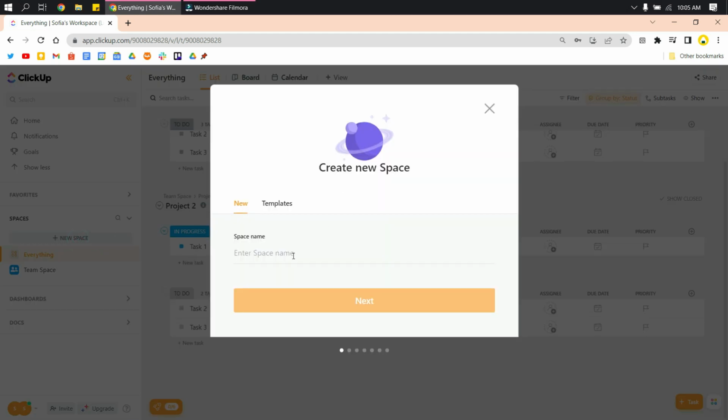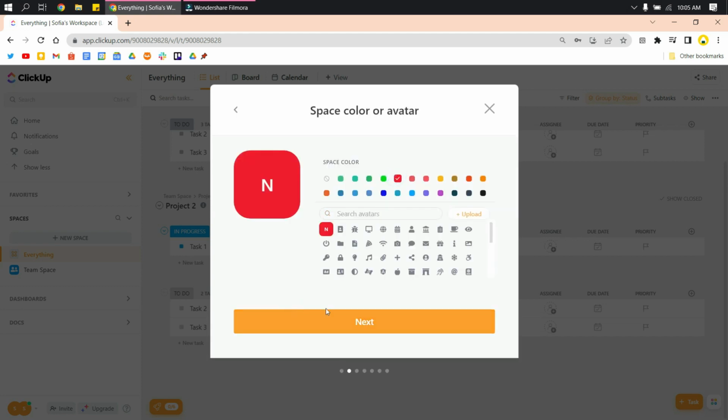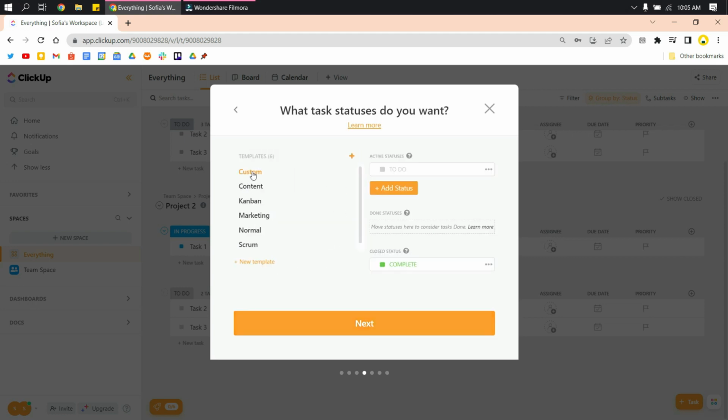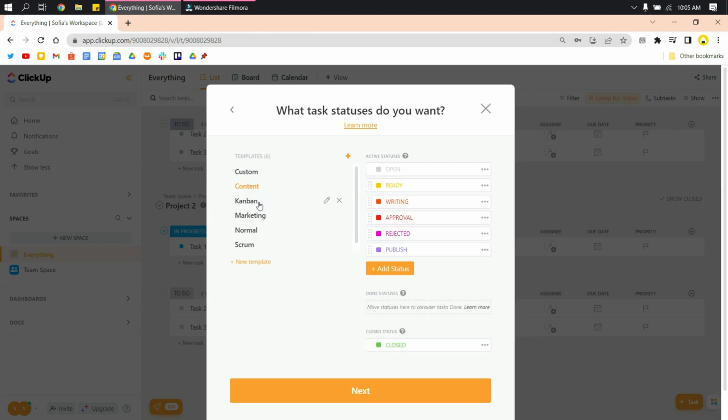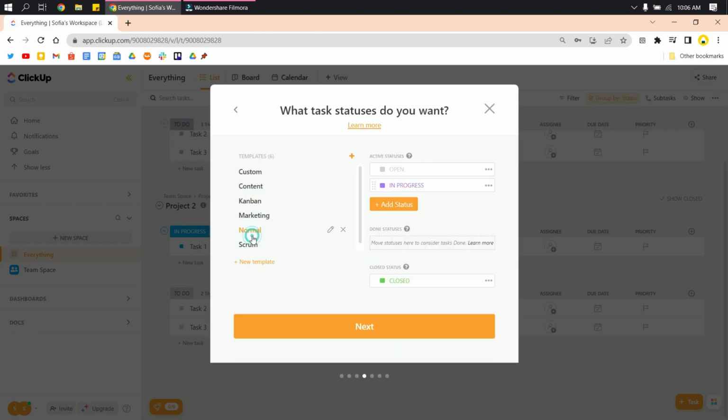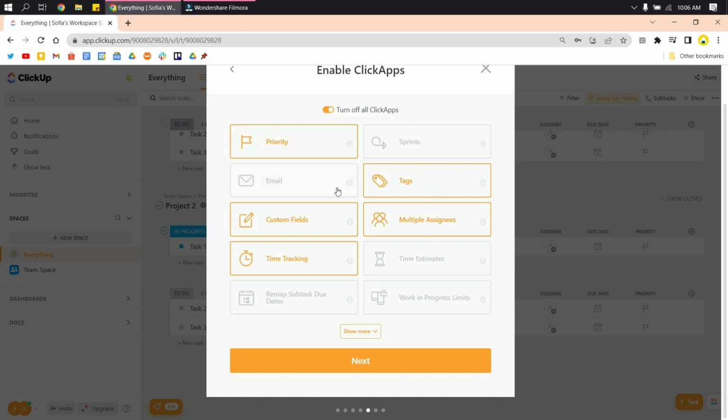Now if you want to add a workspace, we just have to click add a workspace and just name it the way you want to name it. You can choose templates or you can customize it. You can of course choose your color and avatar and just click next, and then just choose any of these templates that you want to use. But for here, I think I'm going to use this one. I'll just click next, and then